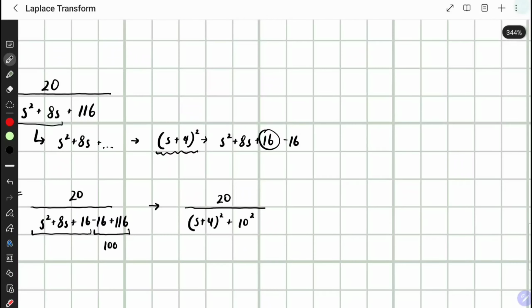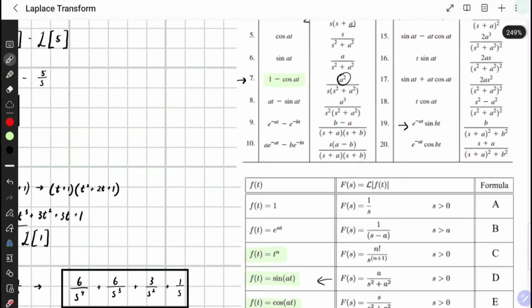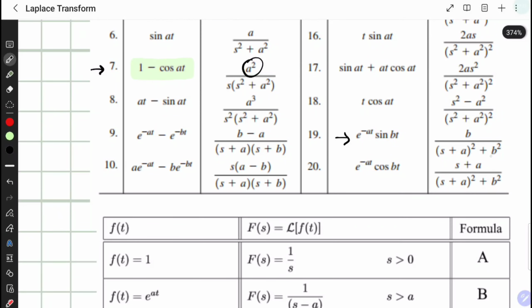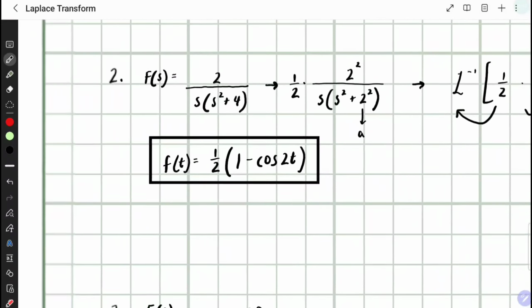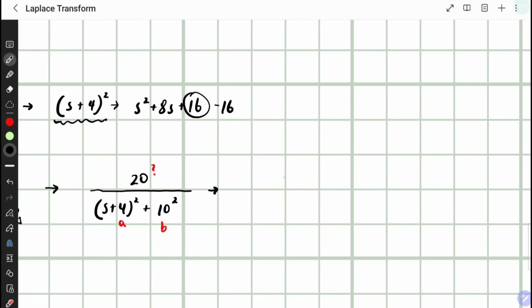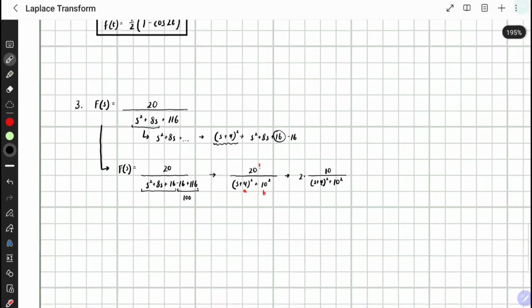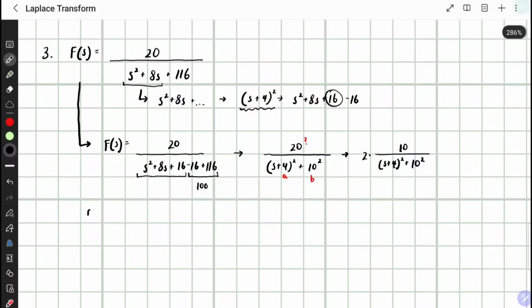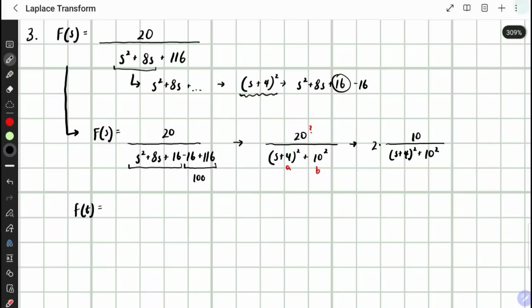And let's go back to that table. So we have s plus a squared plus b squared, and that b has to be the same in the numerator, which we don't have here. We have a 20, but we need a 10. So this is our a, this is our b, and we need a 10 there. Same approach, we can just make that a 10. But to get it back to a 20, we just have a factor of 2 here. So that's pretty much it until we get the final formula, the inverse Laplace